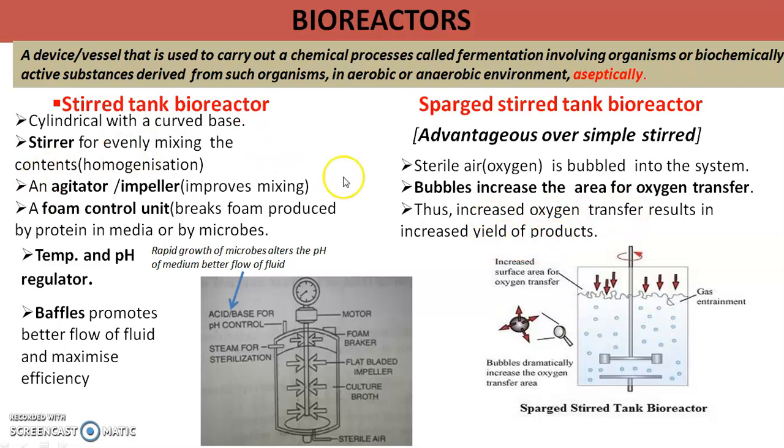So these are some of the features of a bioreactor. There are more bioreactors like the airlift bioreactor and others. We are not discussing them in 12th biology here. Then we will discuss the types of growth phases of the microbe within the fermenter or in the flask. What are the various growth phases that a microbe goes through, and which one is better? So we will talk about all those things. Then we will talk about the scale-up process and the downstream process in the next videos.